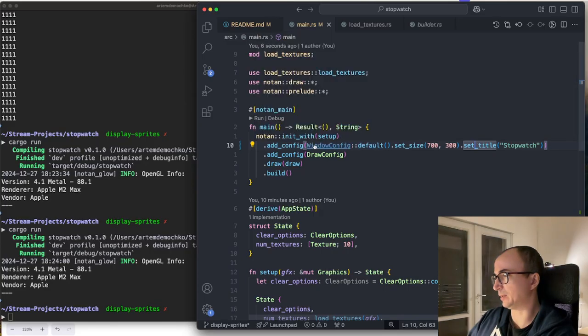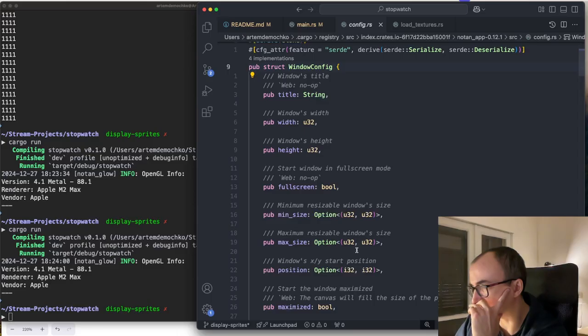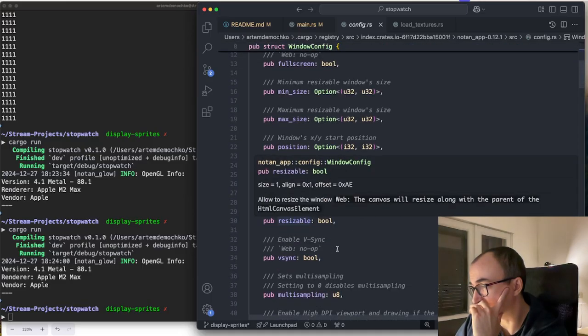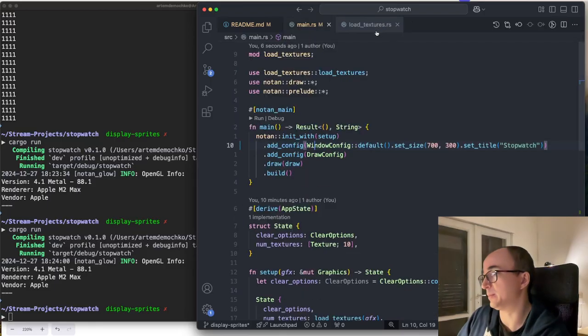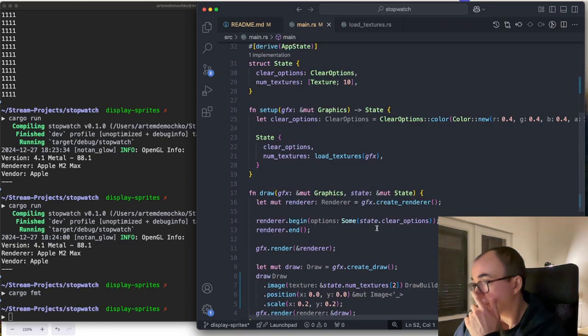What can I do in addition? Window config, title, width, height, full screen, min size, okay, position. Resizable. Nice. Okay, maybe we'll do it resizable later. It's not that important. Okay. So